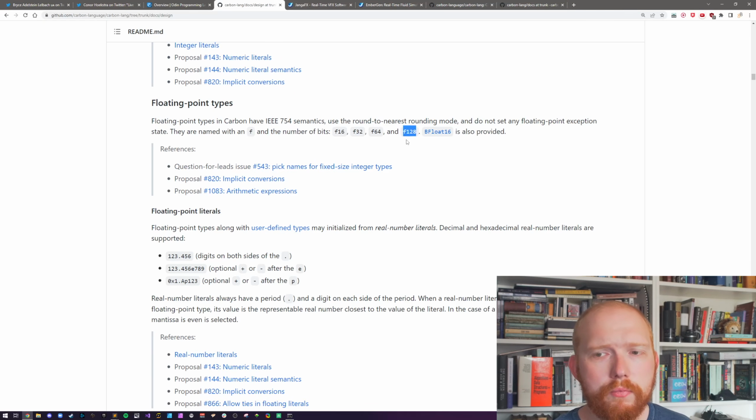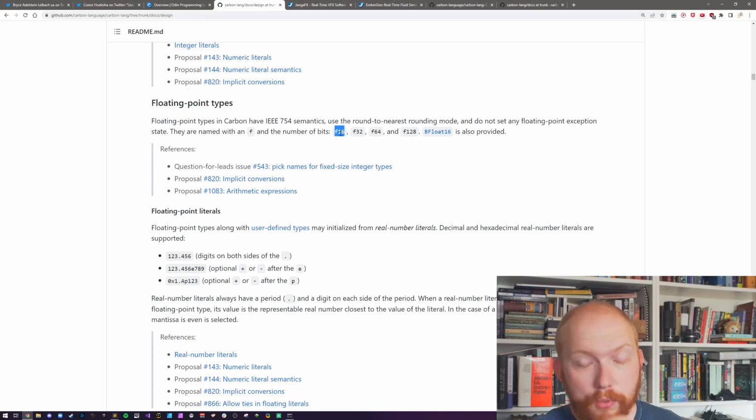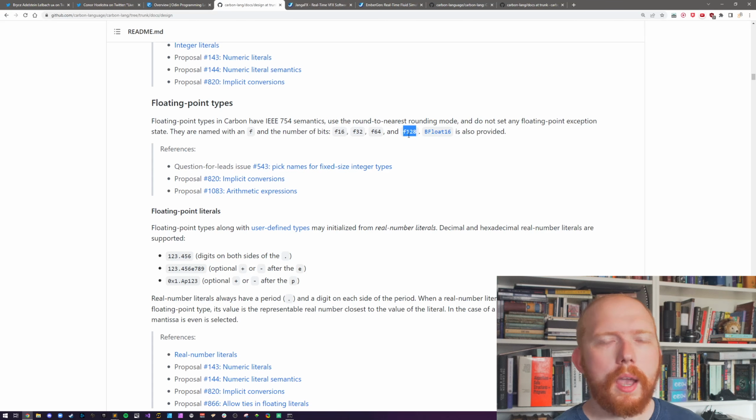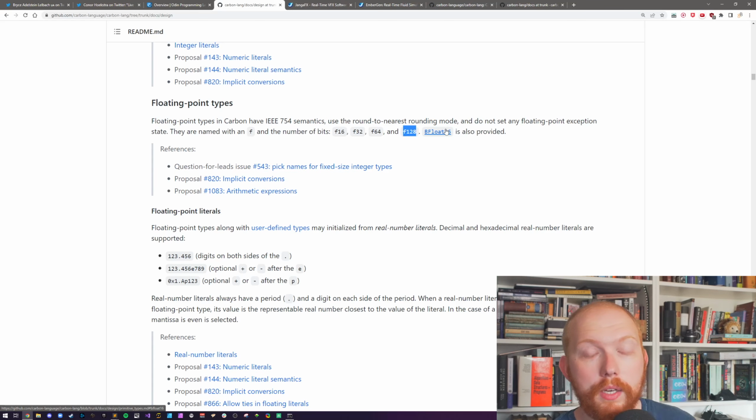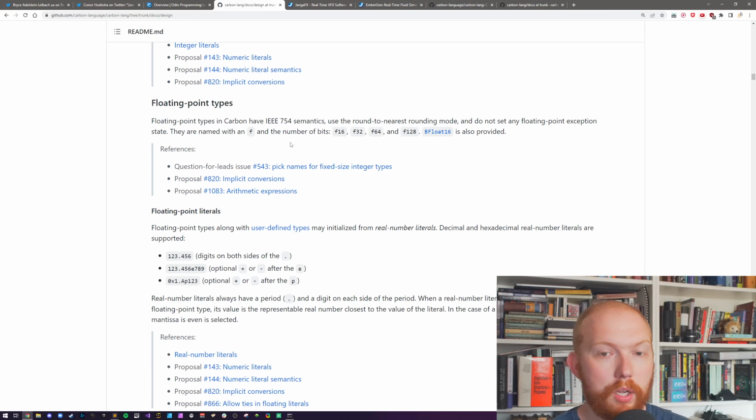Floating points. I am really surprised that they've got 16 bits. Yep, great, just like Odin, but they've got 128-bit floats. I cannot name a single platform that supports 128-bit floats natively. I bet every single one of these would have to be done in software, which is not going to be fast. But secondly, why would people be using it? It doesn't make any sense. It doesn't map to any hardware. bfloat16 does, which is great, and that's a great thing to add to a language as well. So I'm not complaining there. I just find it a little bit weird.